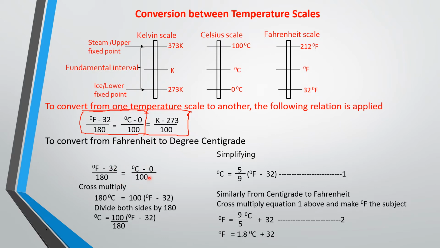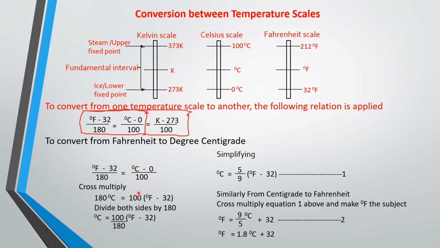This is the equation that you will use. But finally, this equation will give you this. Okay, so now you equate these two equations together. This is the temperature that you have. Assuming you are given this temperature on the Celsius scale, so this temperature minus the ice temperature, all over the fundamental interval,